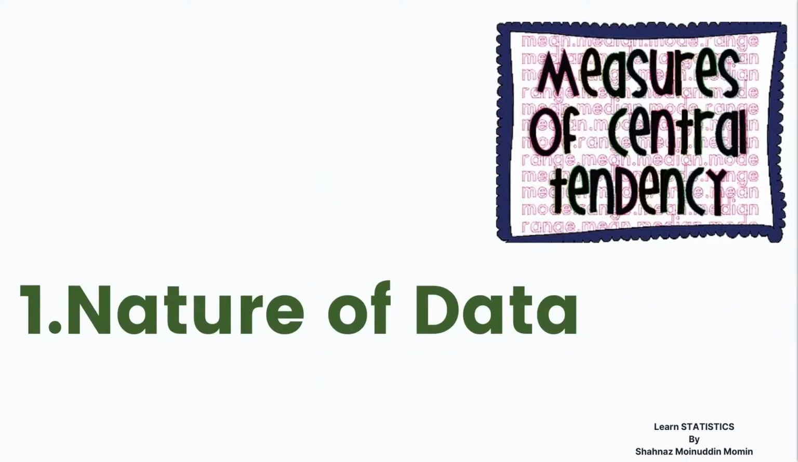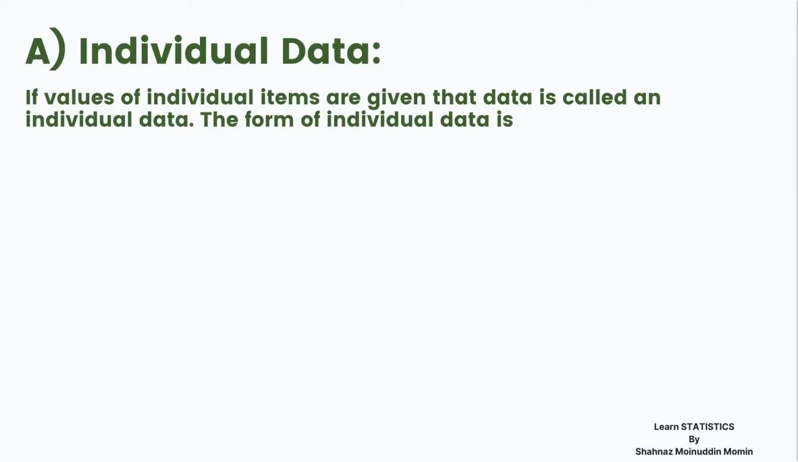Let us see the first point, nature of the data. According to nature, the data is divided into 3 types. Let us see the first type, individual data. If values of individual items are given, that data is called an individual data. The form of individual data is